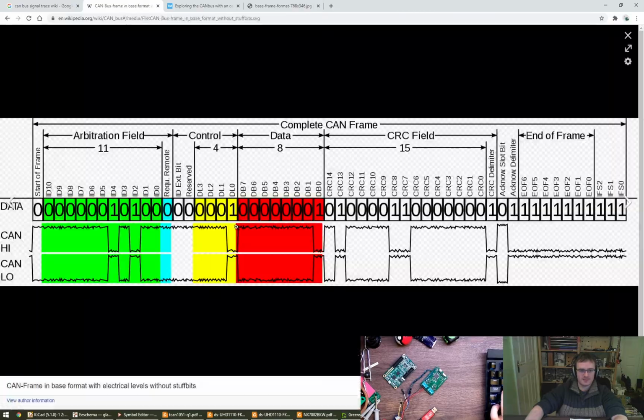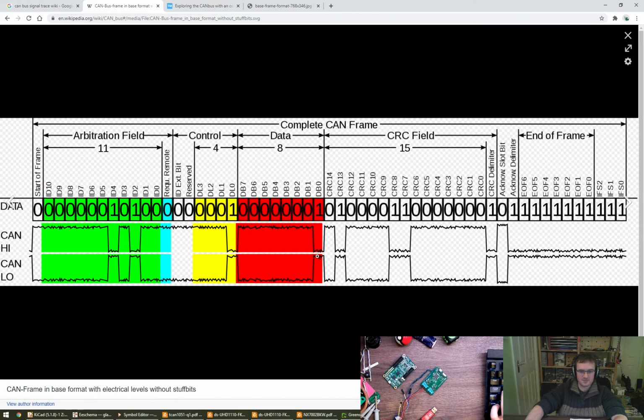Right, so what we end up with is the lines are pretty close together for the recessive, and then for dominant, it pushes CAN high up and CAN low down. So if we were to take the requested